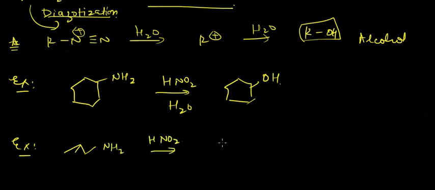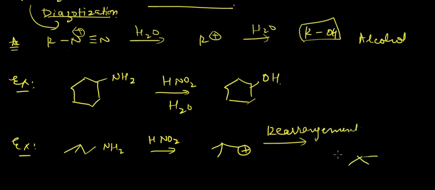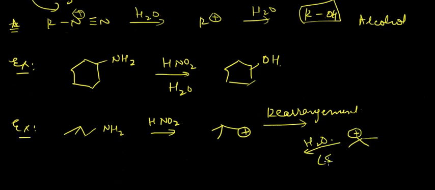What will we be getting? We'll be getting something like this as the intermediate, and this will undergo rearrangement to get something like this product. Okay, and on this, a water molecule will be acting, and an SN1 type reaction will occur, which will be getting this as the final product. Okay,